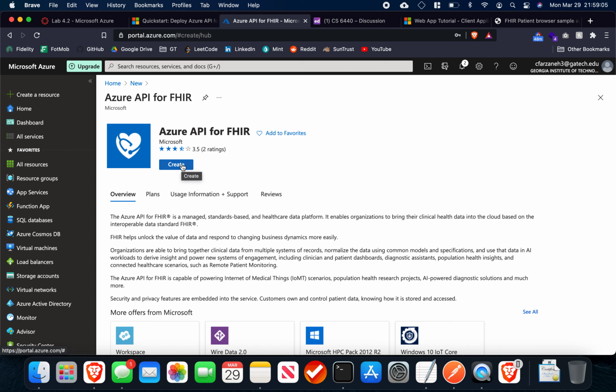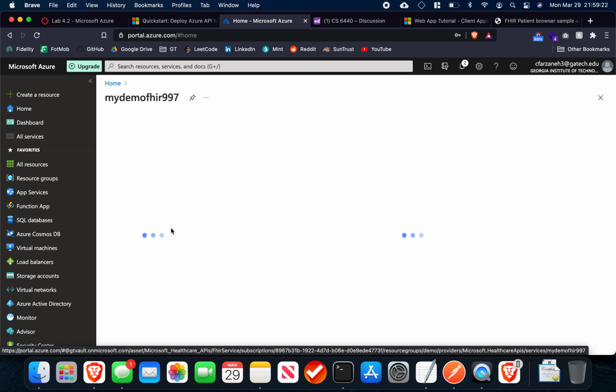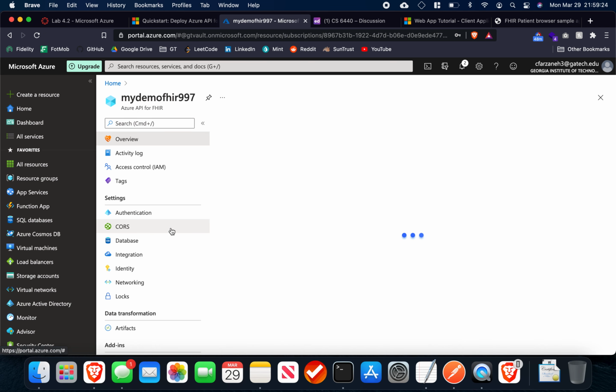However, I've already created one, so I'm not going to go through the entire steps of it. But basically, once you click this page, you're just brought to one more page where you would enter in your account details. So I've already gone ahead and done that. I'm just going to show you the one I made right here. So after you make it right here,